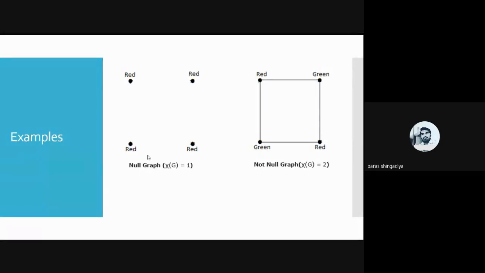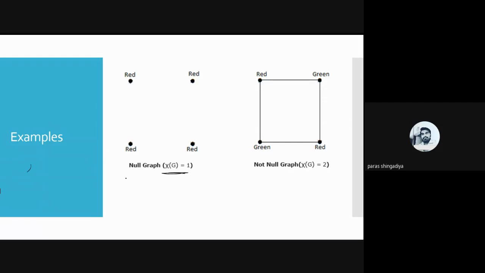Two graphs are given. One is a null graph, meaning there is no edge. That type of graph is known as a null graph. So what is the chromatic number for a null graph? Here there is no edge, so there is no question of incident adjacency. So I can use a single color for each vertex. I use the red color for each vertex, and so the chromatic number of a null graph is equal to 1. Why is it 1? Because there is no adjacency relation between any two vertices. So the chromatic number for this graph is 1.